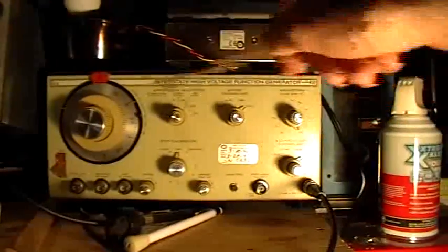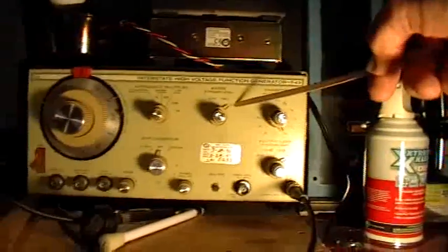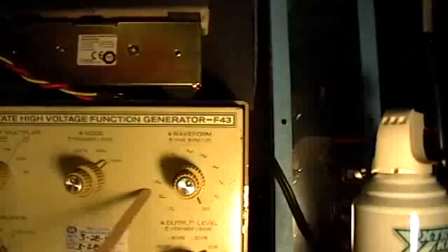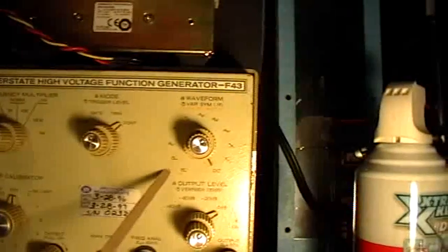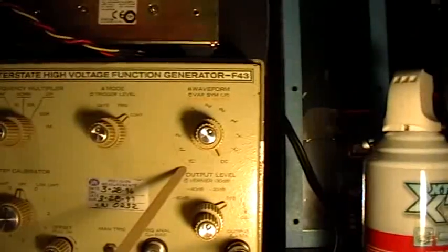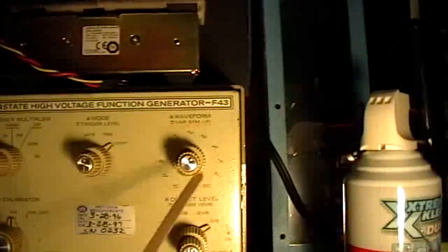Here's the frequency multiplier and the frequency setting knob. Here's the trigger mode. We're in continuous, of course, because we just want it to run. Oh, but over here's the waveform selector. And you'll see that it's got a variety of waveforms with adjustable duty cycles here. You get a square wave crossing over the center, the zero line, or a square wave pulse above the zero line, or a square wave pulse completely below the zero line, with variable. The little orange band there indicates variable symmetry, so I can control the duty cycle by the inner pot of